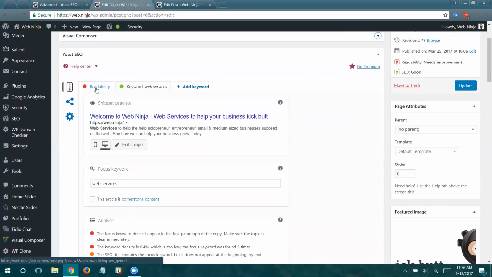Now, you can see my readability is crap. I'll just say it how it is. My readability on this page is crap. One, because I am using the Visual Composer plugin, which I love and highly recommend, and I'll probably do a webinar on. But mostly, my homepage is not for readability. It's for at-a-glance type of information. It is not even conversational. It's bold headers with a little bit of supporting text and then a call to action or a button link to click to get more information about that topic, because I want people to be scrolling through my homepage and then clicking for more information on whatever pertains to them most or they're most interested in.